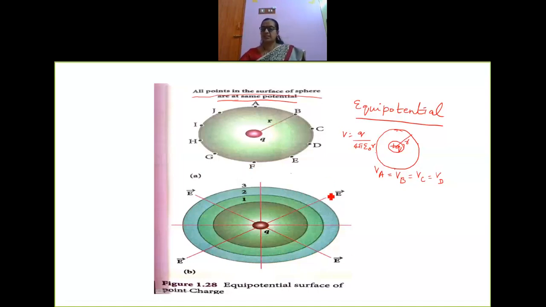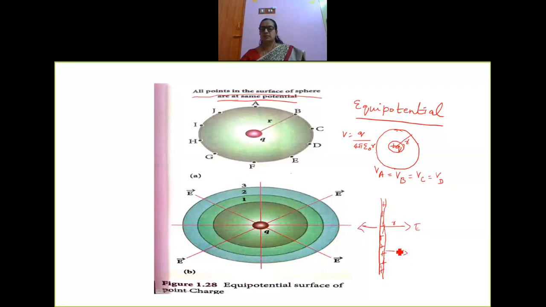Similarly, when you consider a charged wire, see here, I consider a charged wire. Let me consider the charges to be positively charged here. I have a positively charged wire. Now, I consider the direction of the radius is here, and the electric field will be outward. Here also it will be the same.